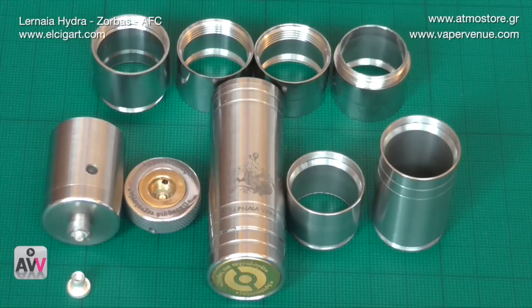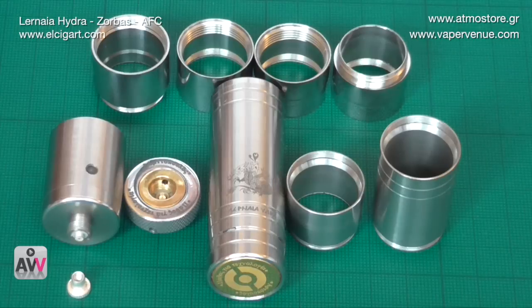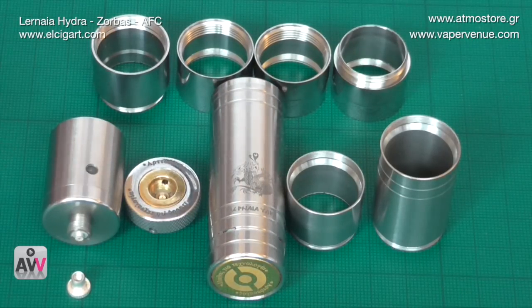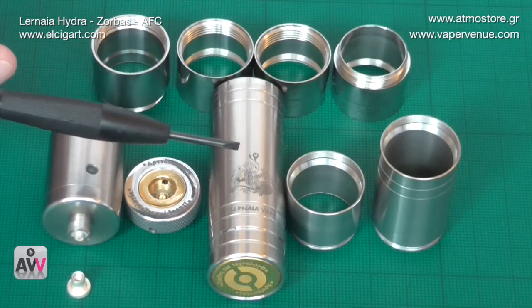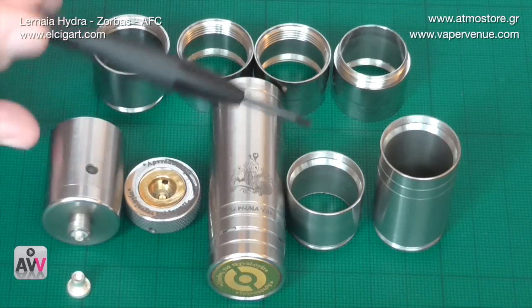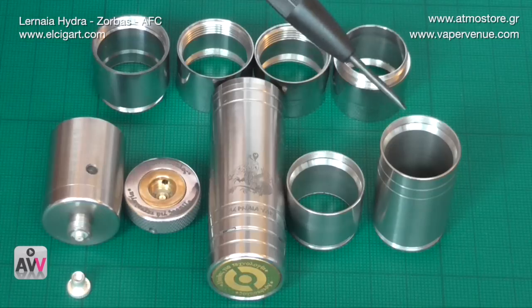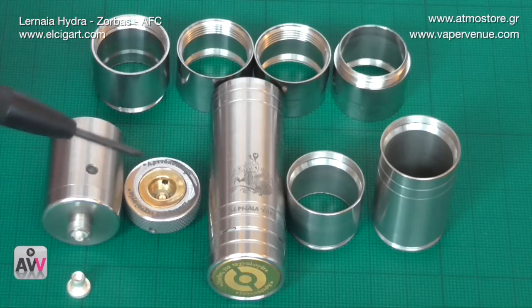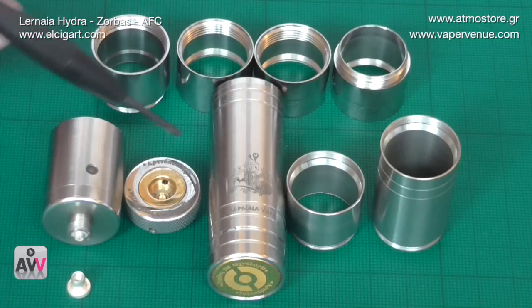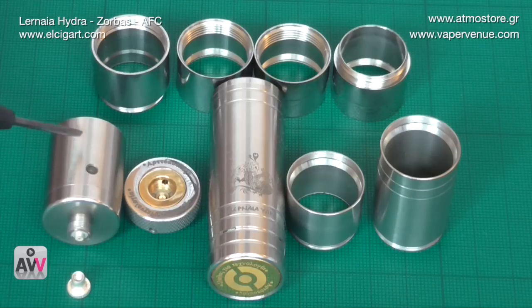So here are the pieces that I received. Now, just starting from one side and going to the other, or let's start in the middle. Lernaia Hydra. In the middle, this is basically in 18350. We then have an extension here for 18500 and another extension here which brings you up to 18650. Beside that, so that's the Lernaia Hydra. Beside that we have the airflow control unit, which I'll go through. Here we have the Zorbas, which is the variable wattage, variable power device, which can either work on any mod,